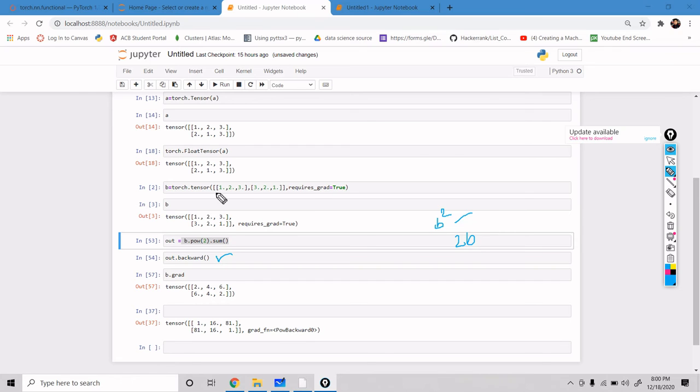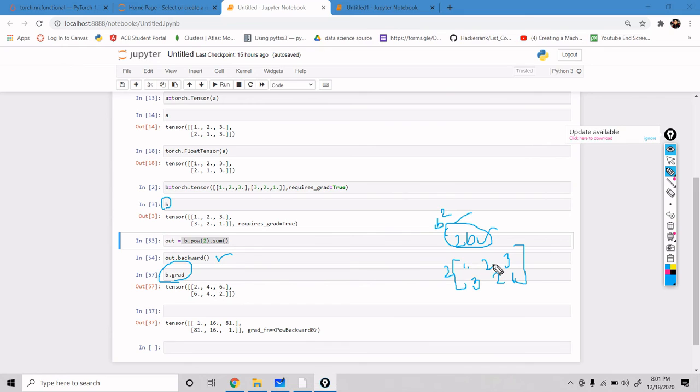Now I want to convert my tensors according to this equation. So I have to use my variable dot grad. Grad will replace the tensors by our b over here, so it will be 1, 2, 3, 3, 2, 1.